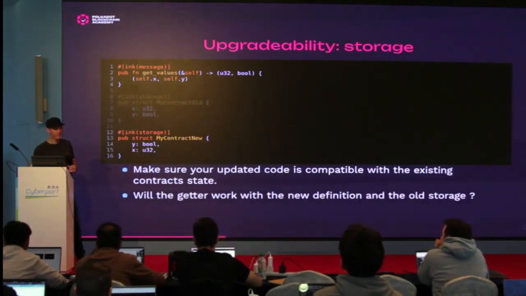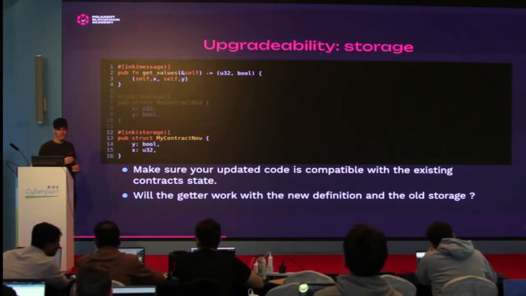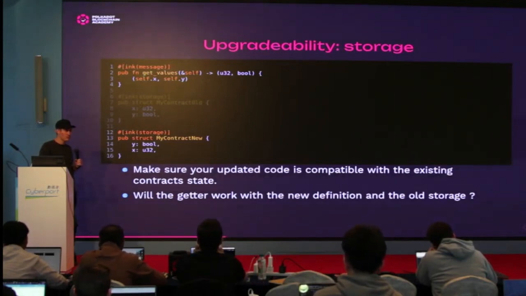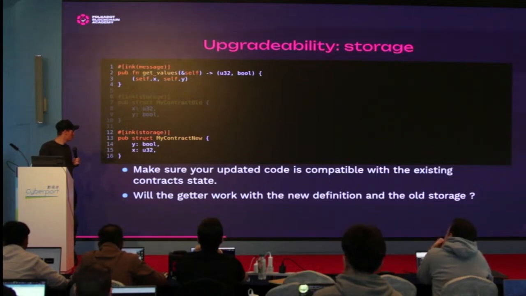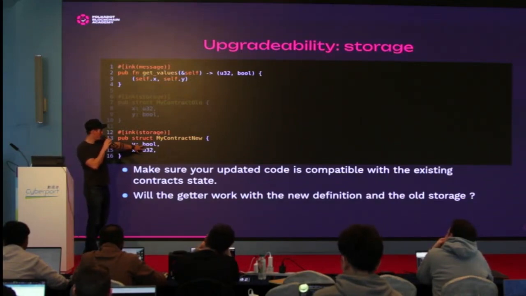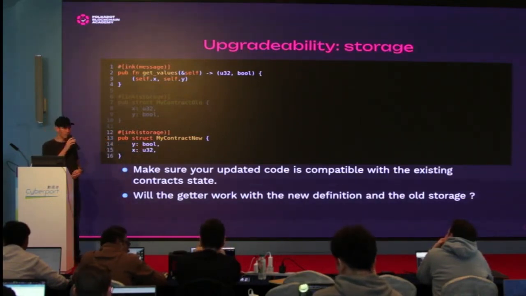Specifically, the actual contract itself will not work because the actual return value is a tuple of U32 and bool. X is strictly defined here, well, in regards to this function at the very least, as U32. So if you change the type of... Oh wait, yeah, I see. Okay, the only thing I did is I flipped these two in place, but the types. Yeah, I thought you flipped the types around. I was about to say it wouldn't be compatible, but yes, this would be compatible since X and Y are